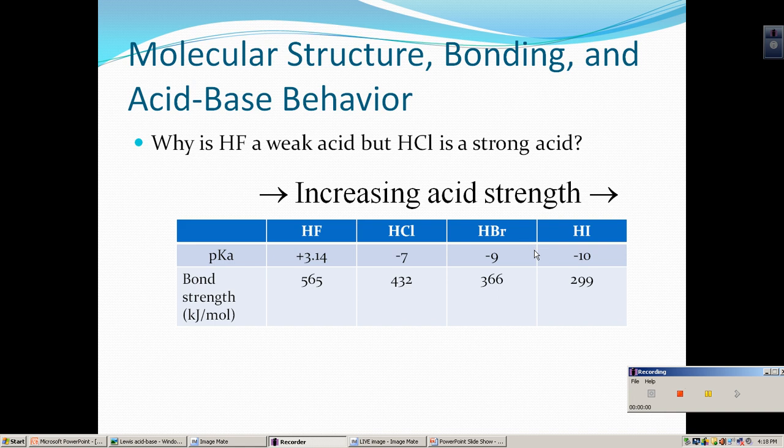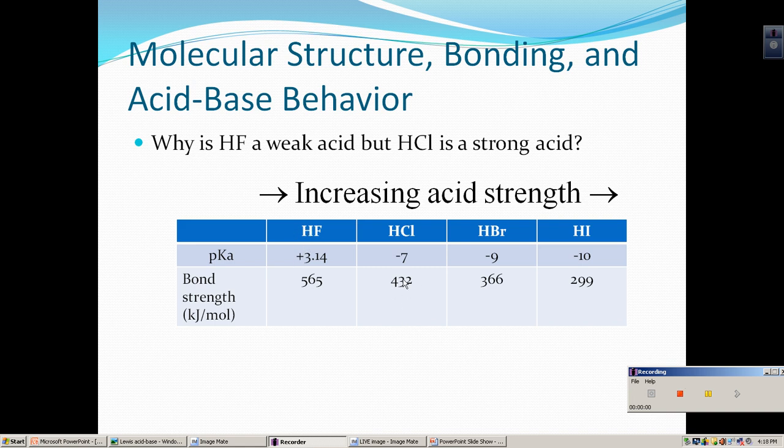This question came up in class the other day. Why is HF a weak acid when HCl, HBr, and HI are all considered to be strong acids? And that actually lies in all this explanation about electrons. What happens is fluorine has such a strong bond strength, it's actually more difficult to get that hydrogen off of